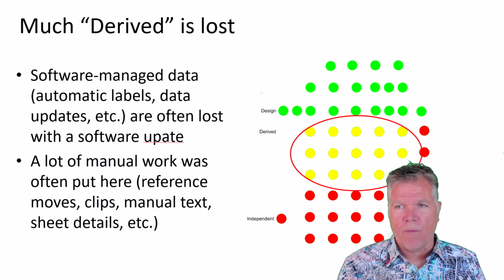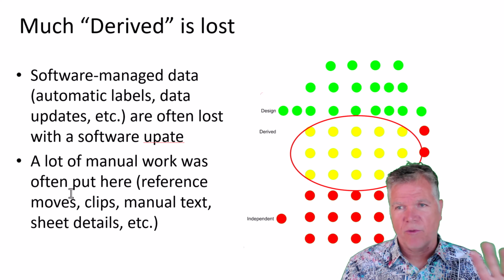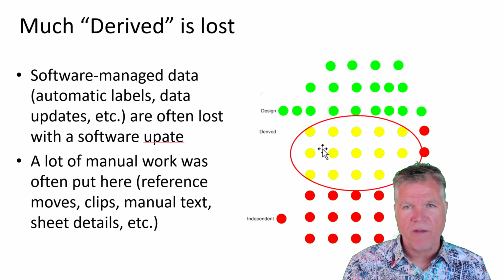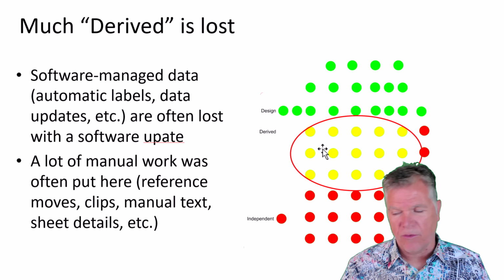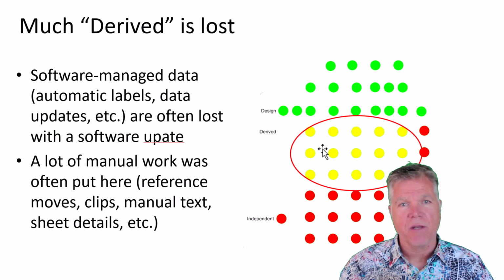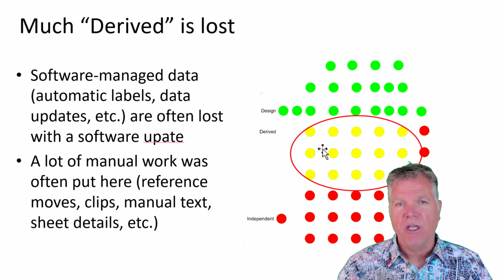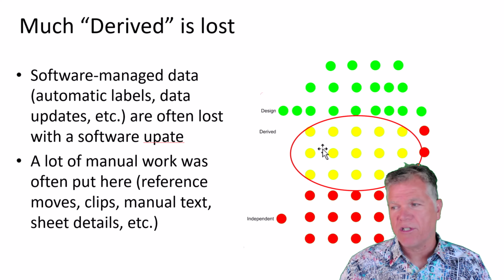Okay, here's the issue though. This is the biggest issue. After you get your references cleaned up, the derived stuff, the software-managed data, not the actual engineering models, tend to migrate directly, not an issue. It's the derived stuff that's a challenge. So for example, sheets,